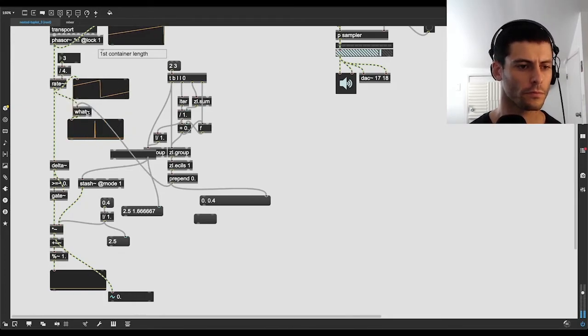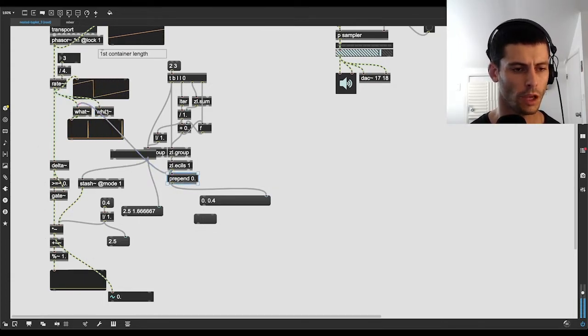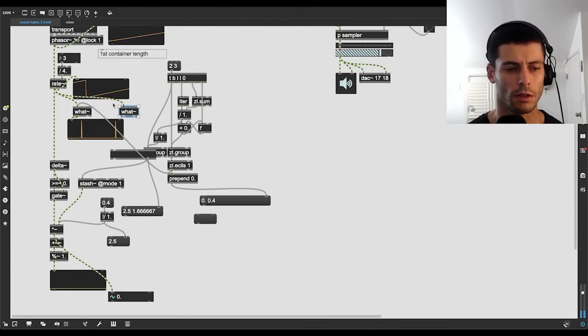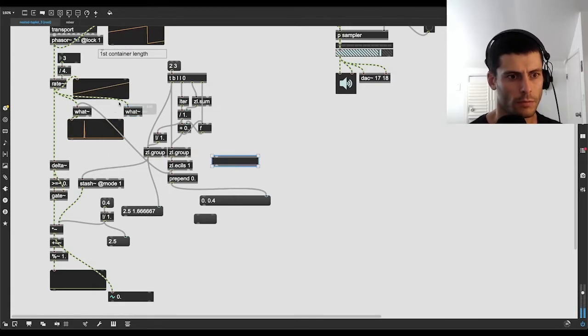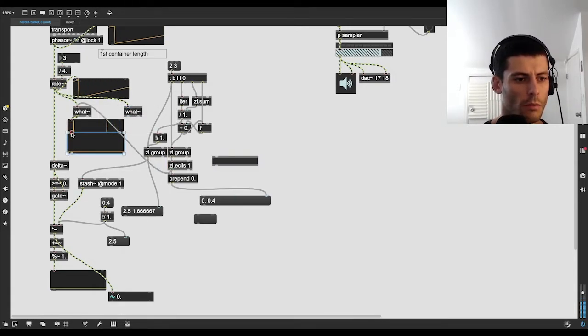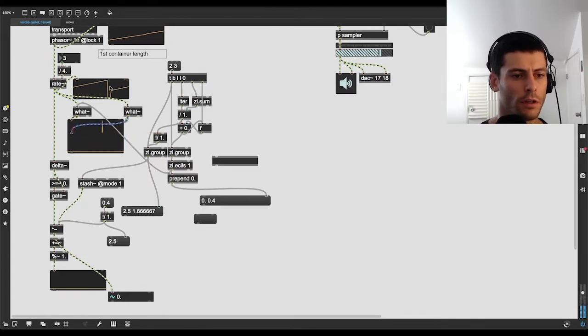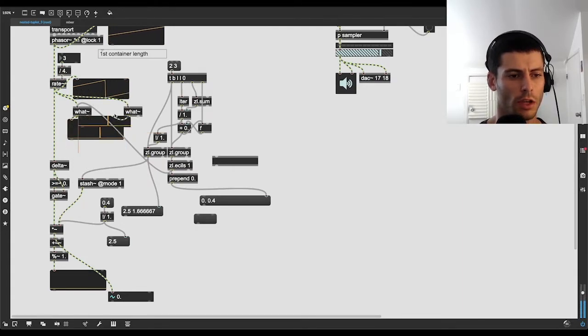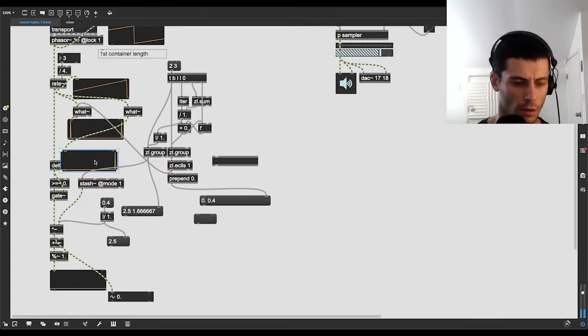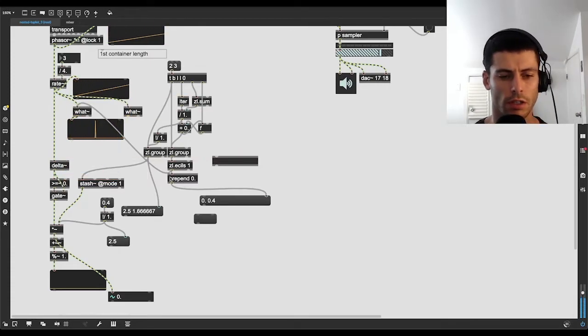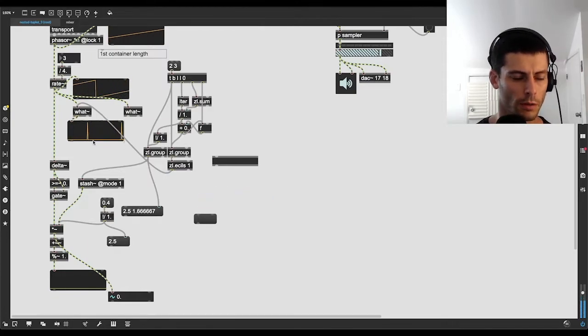And one way I might do this, just to clean things up a little bit, is take away our prepend 0 here and rely on a second what to identify that 0 point. Because if I just make a new what object, vanilla, without sending anything into it, just a signal, it's going to give me impulses on by default at the beginning/end of each phasor, right? And so what that allows me to do is send the 0.4 onto the first what object,